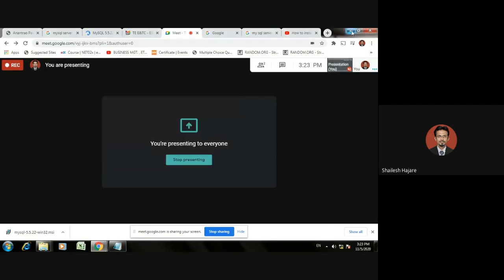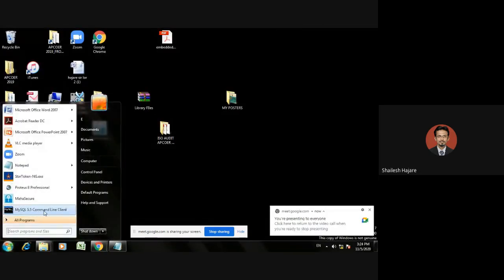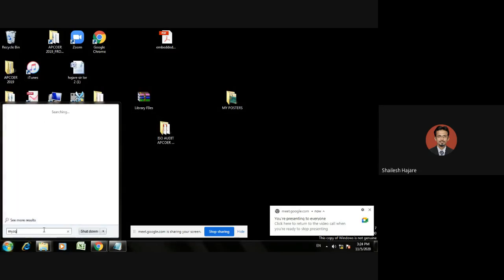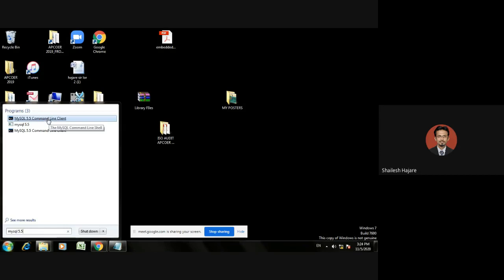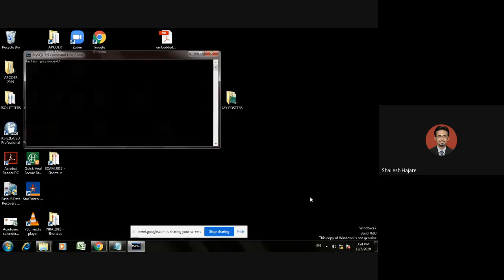If you click on your Windows button, the MySQL 5.5 command line will be installed. If it is not available on your dashboard, you can directly click on MySQL over here, or the version 5.5, and it will prompt the MySQL 5.5 command line. You can go either way, but by default, since you selected to include it in your starting database, it will appear in the command line. So I will open this.